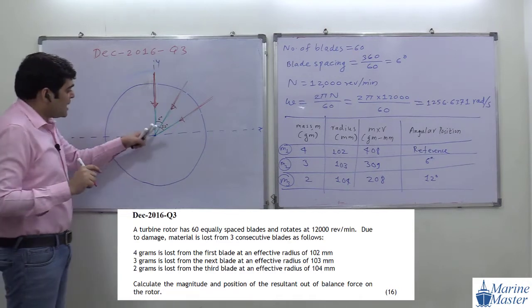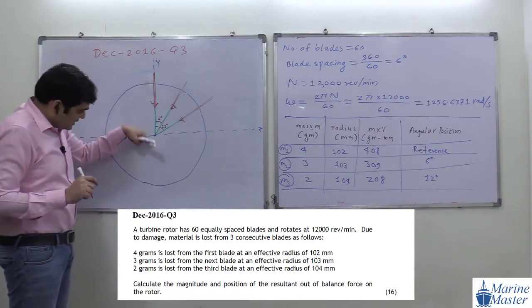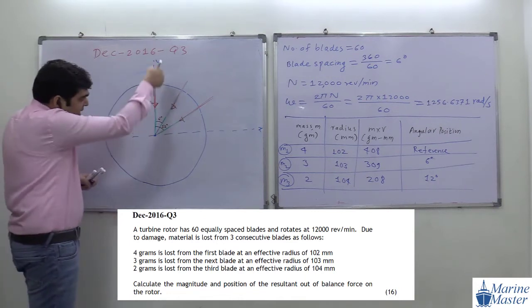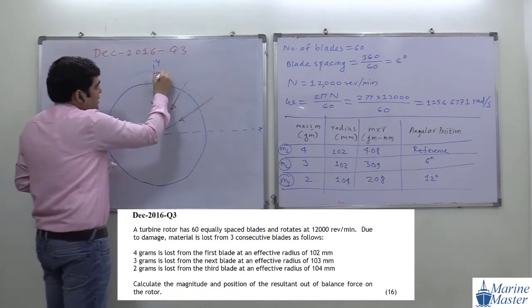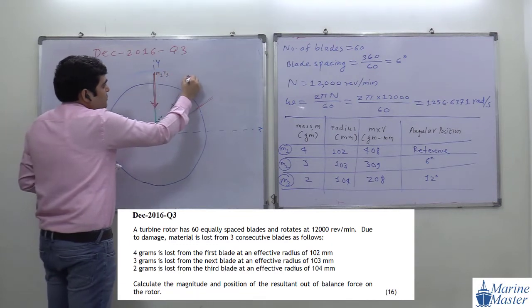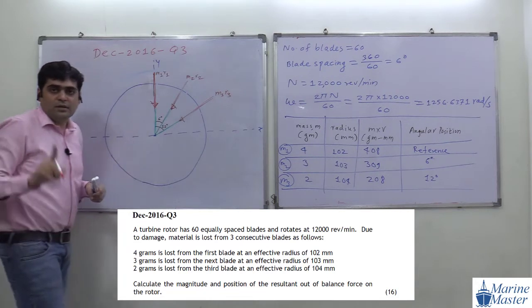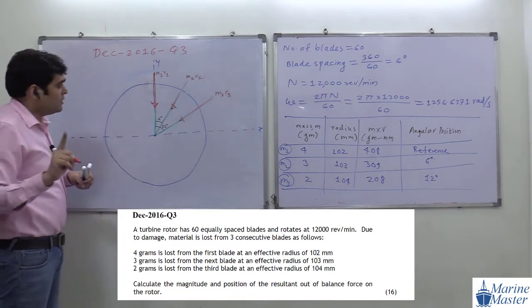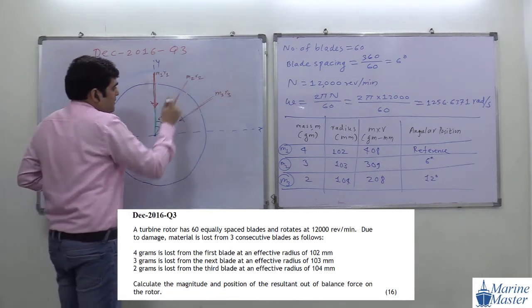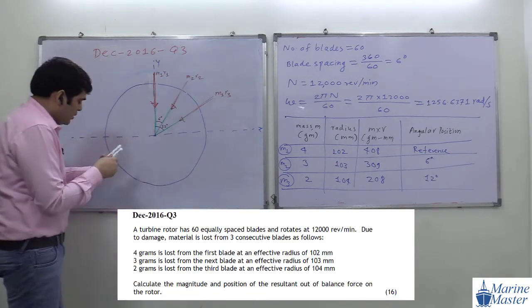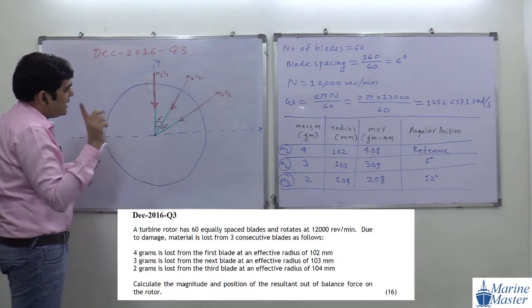Okay, good. Because mass on this side is increasing, the centrifugal force comes on this side. But to keep things simple, we are drawing and adding directly. So this one is what? Our M1 R1. This one is what? M2 R2. And this one is what? M3 R3. Okay, are you getting my point? Try to see the scenario here. Now, this is the X and Y direction.